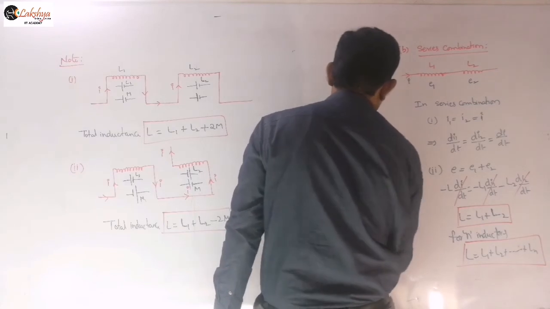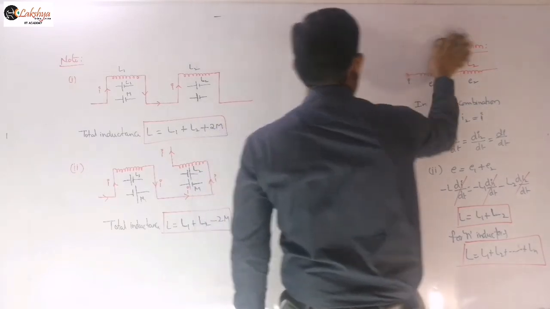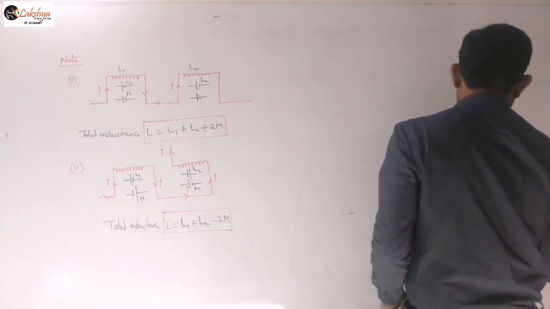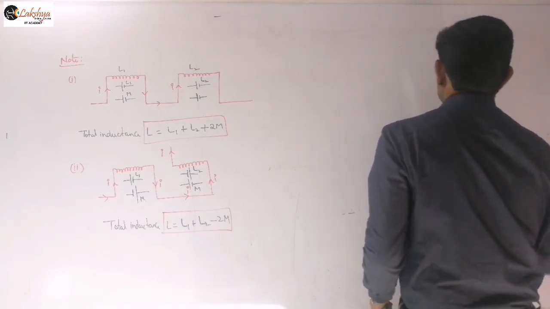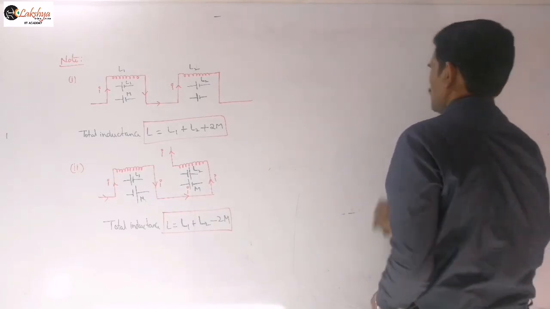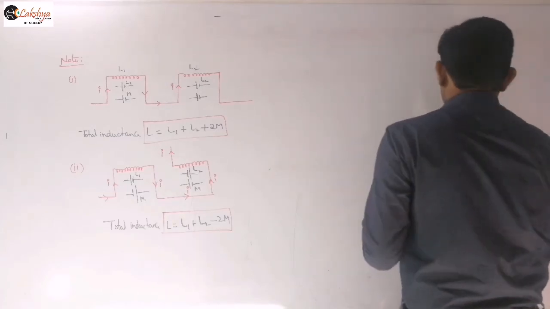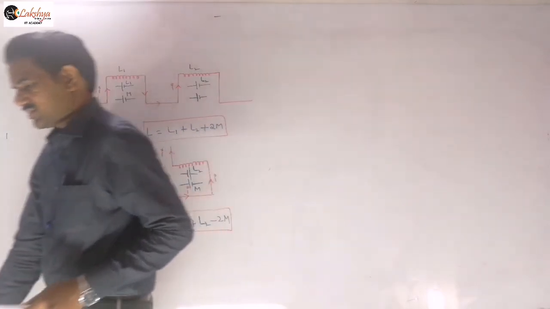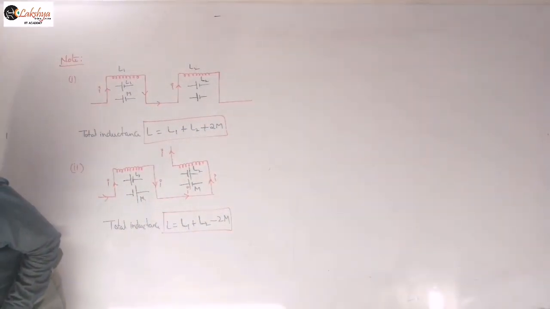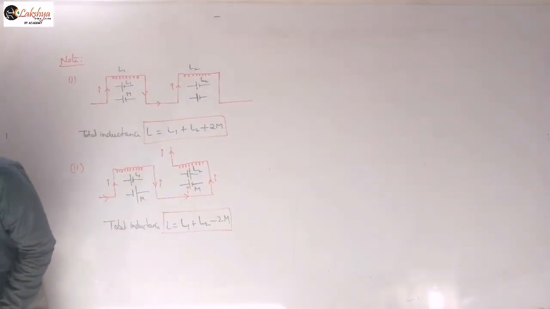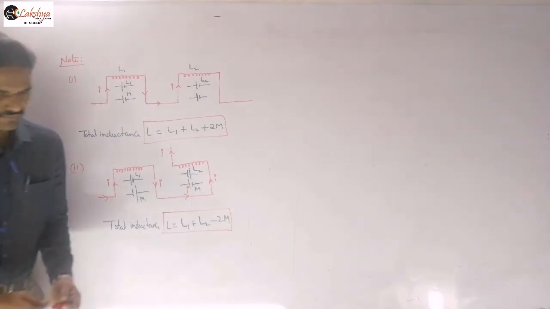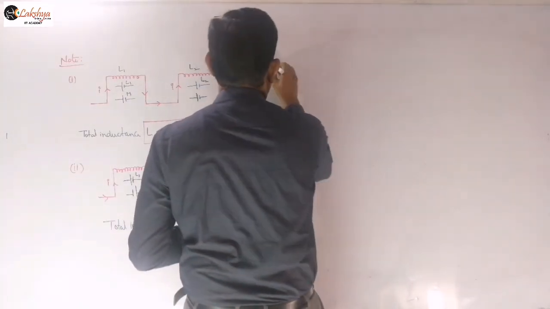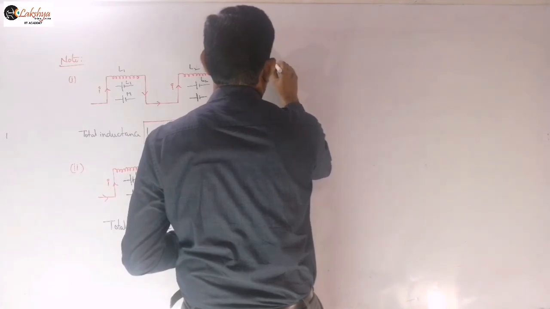And next, sometimes the energy calculations are also required for us, so just to mention that energy conclusion also there. Based on this, you can write the energy also. When current is in the same direction, then you will get plus sign for this mutual inductance. When current is in opposite direction, then you will get this minus sign there. So just mention that also there, as a next point.